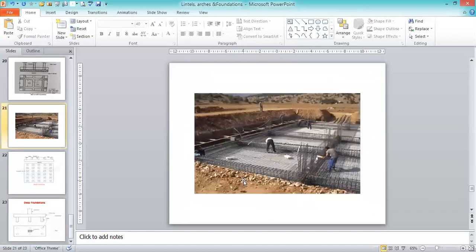Then this is another picture explaining the mat or raft foundation. Completely we provide this mat in the form of a slab. In earlier cases, the single or isolated footing or the combined footing, reinforced cement concrete was provided only for a particular or certain area. But here it covers the entire area like a slab. We normally provide a slab at roof level or floor level, but here we provide the slab at the foundation level itself, and that we call the mat or raft foundation.